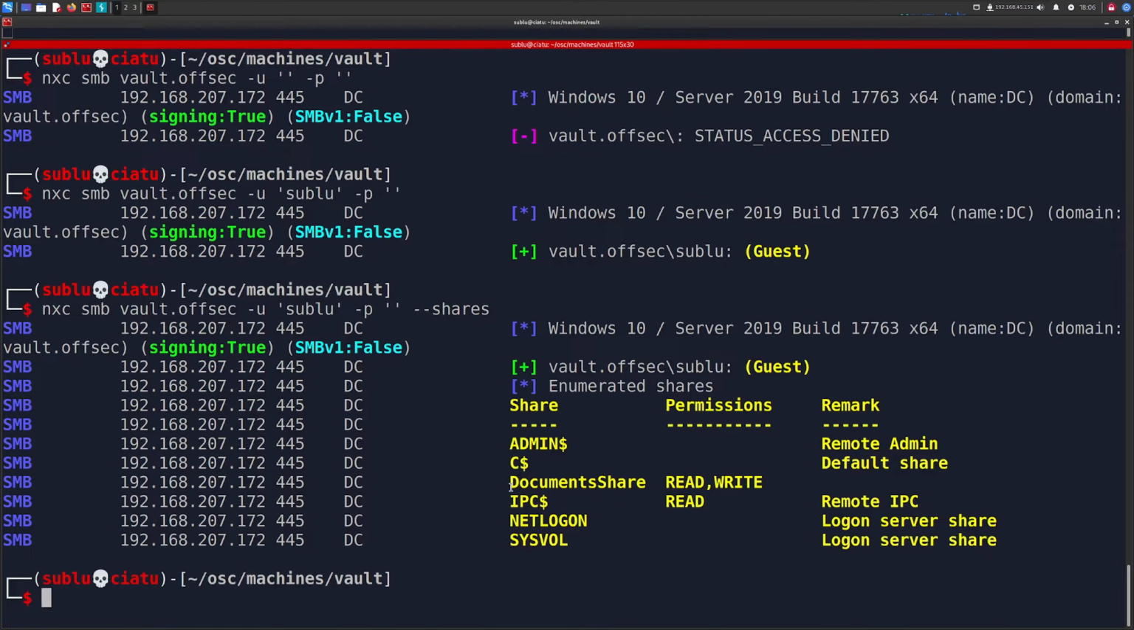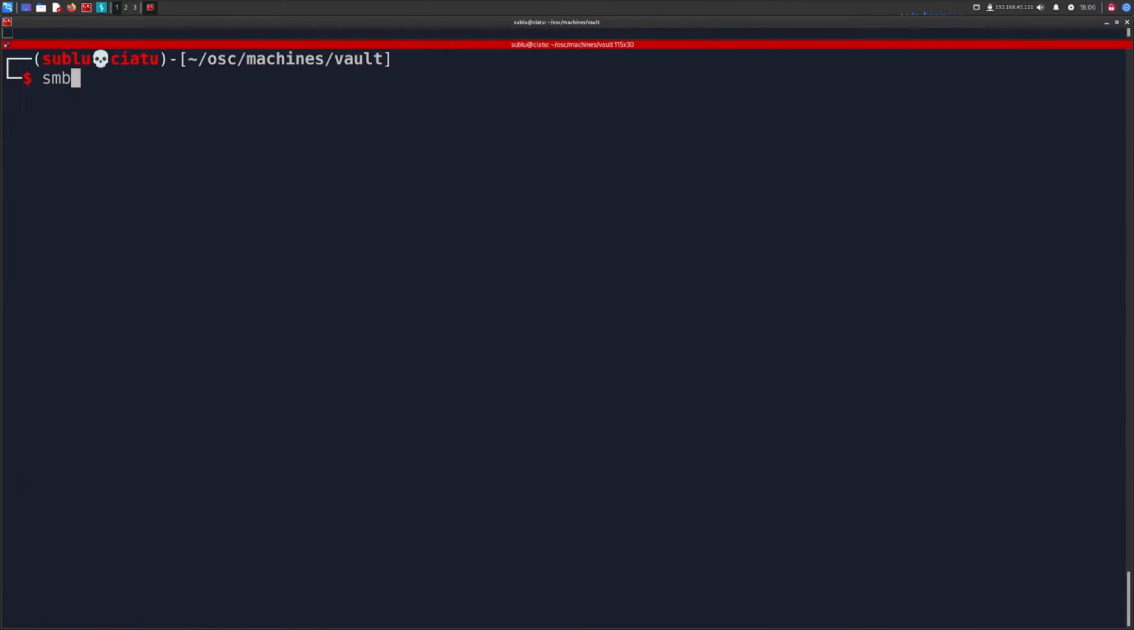So we do have one share that is not default. We do have read and write access to this documents share, and then we have read access to this IPC$ share. So this is pretty cool. We can go ahead and check out what's in here. So let's do smbclient, right? And then we can do tack